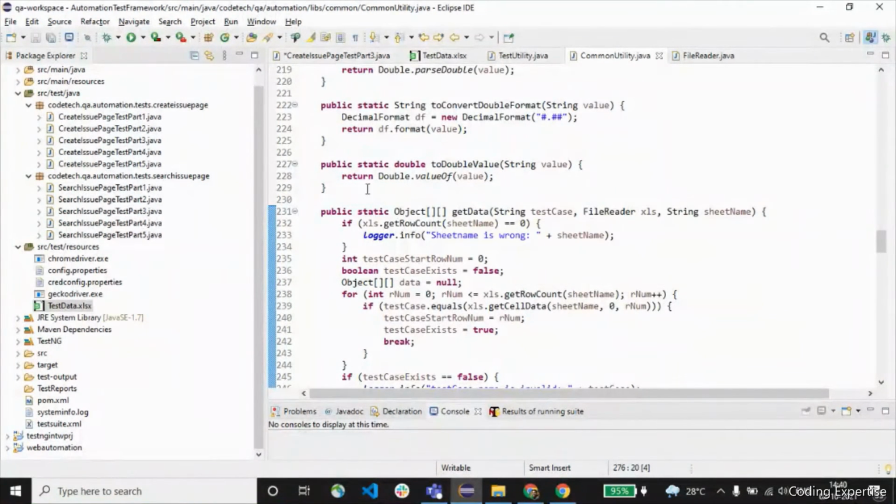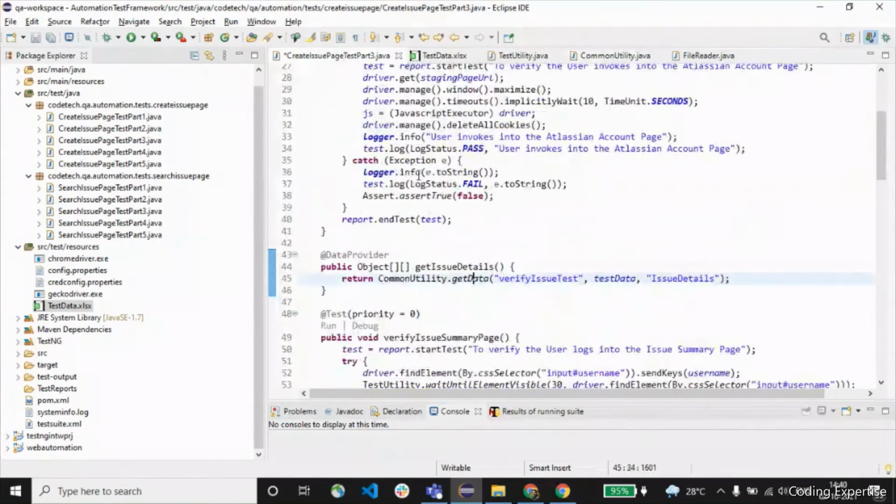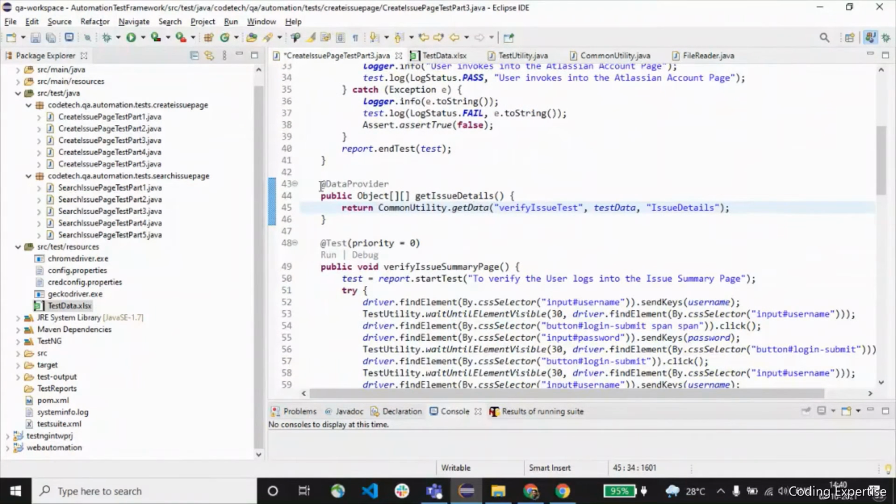So that's how we have learned how this object two-dimensional array reads the data from the Excel in the form of rows and columns. And that is being passed over here. I think we have clearly talked about this.